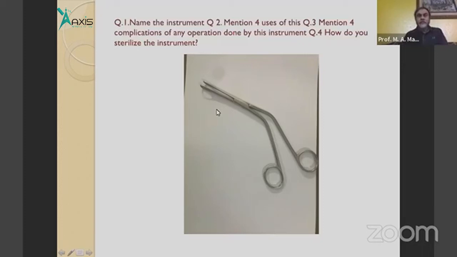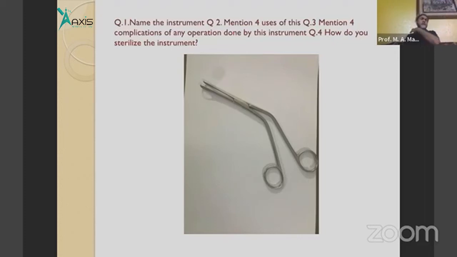Now, mention four uses of this instrument. Use of this instrument means the procedures in which we can use it. The classical one is to hold the tonsil in tonsillectomy operation. So we use it in tonsillectomy operation, number 1. Number 2, we can use this in removal of an antrochoanal polyp, to push the polyp towards the nasopharynx and take it out. So removal of antrochoanal polyp, number 2. Number 3,